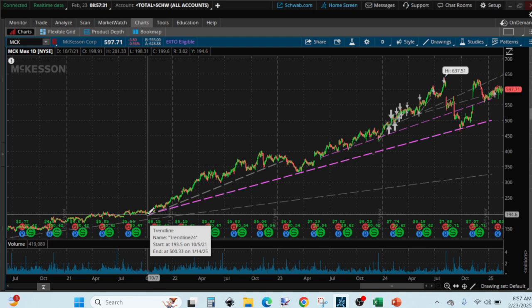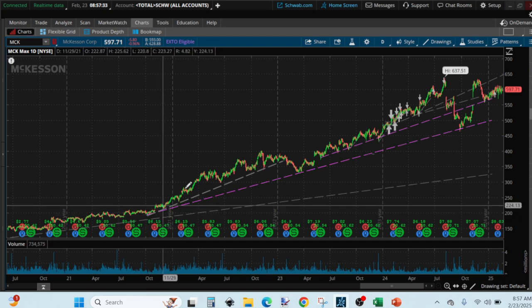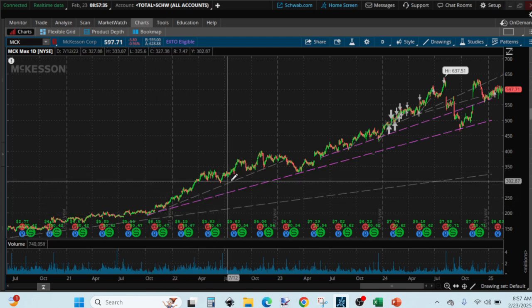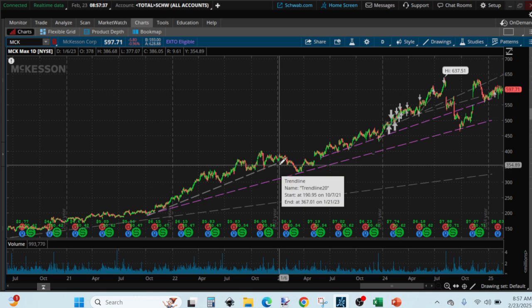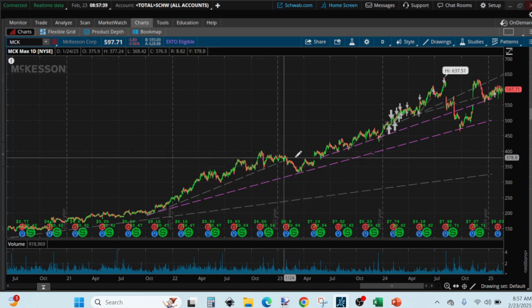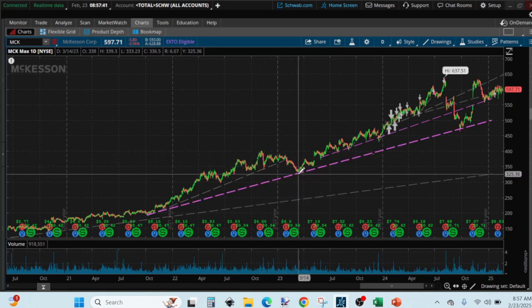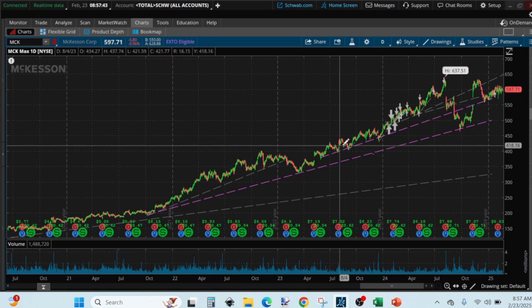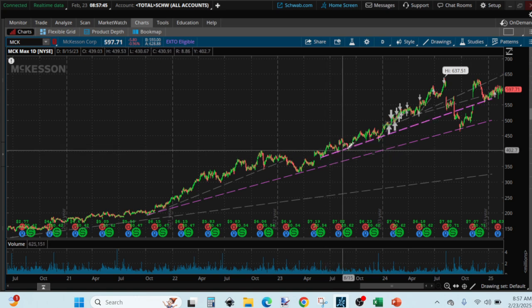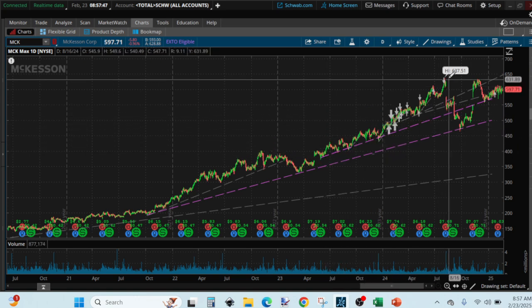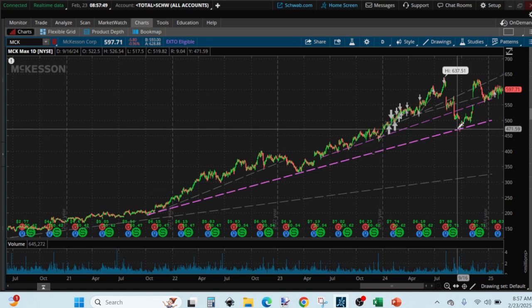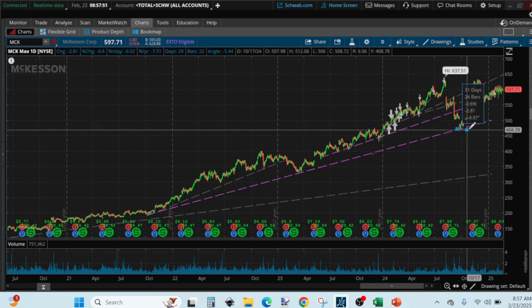So when it touches base with the trend line and starts going up, it follows a trend line all the way to the new high, and then it pulls back to this trend line again. And when it starts going up from here, it chose this trend line to work with until it reached a new high and pulled back again. So when it starts going up from there,